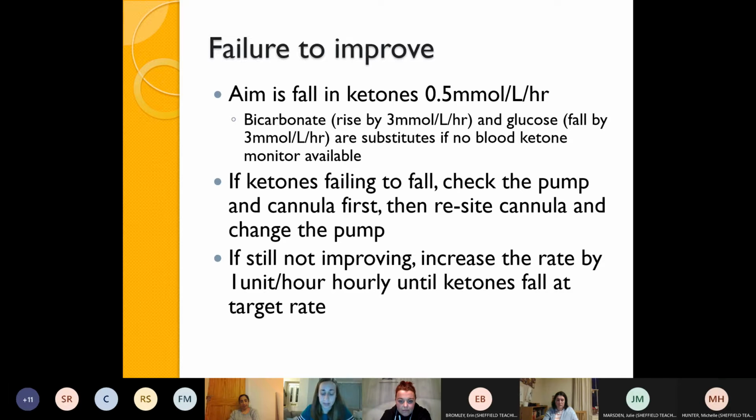If all that is correct, ideally put a new cannula in, get a new pump and a new insulin syringe, and just start from scratch. If they're really hard to cannulate and you can't get another cannula in, the other important thing is if you've got 2 things going through the same cannula, so you may have a bag of normal saline and